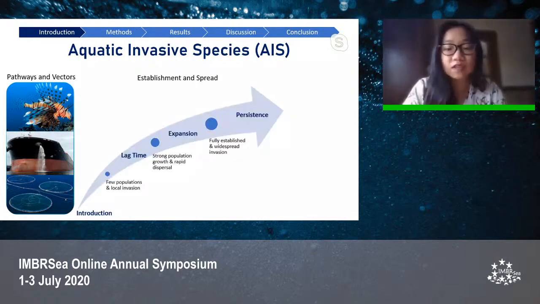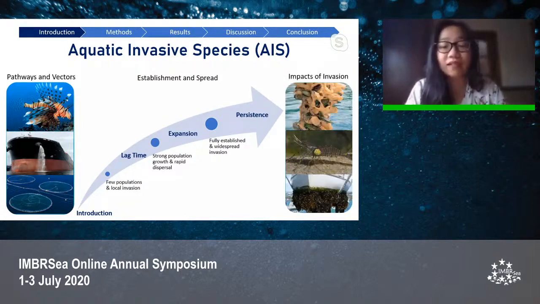Once AIS establish themselves as part of a new ecosystem, it's nearly impossible to eradicate because of their ability to rapidly grow their population, which ultimately leads to widespread invasion. AIS can devastate native habitat balance by outcompeting indigenous species for food, restructuring food webs, and introducing harmful parasites. And apart from ecological damage, AIS are largely linked to economic losses through causes such as increasing food production and